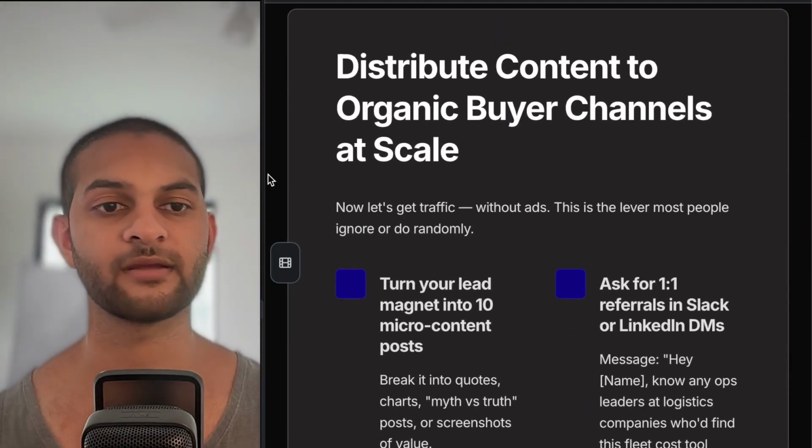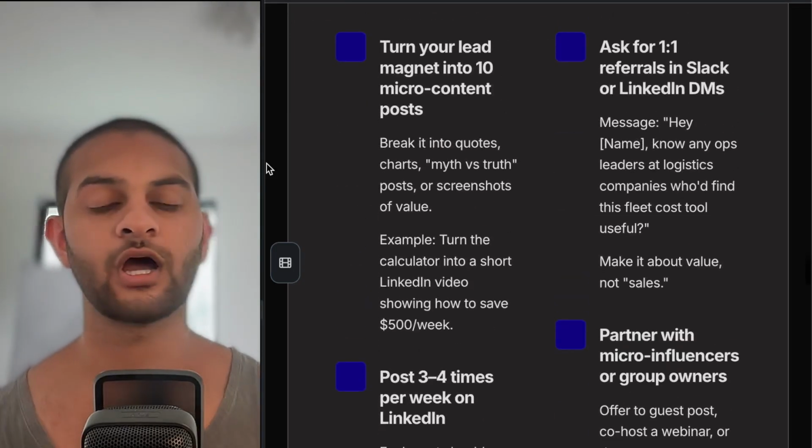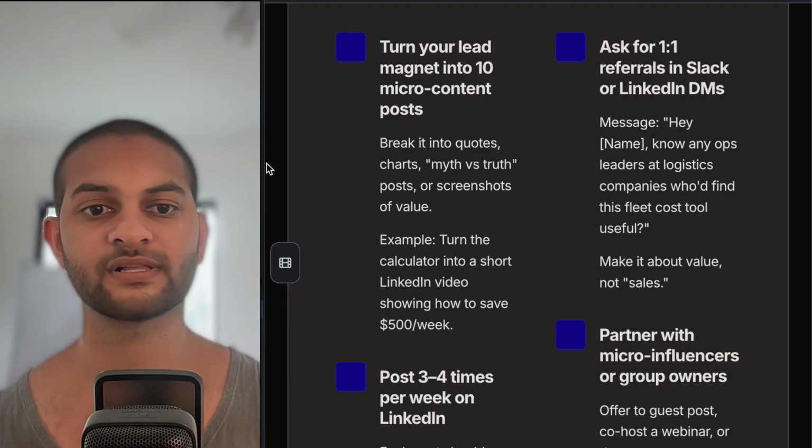Distribute content to organic buyer channels at scale. Now let's get traffic without ads. This is the lever most people ignore or do randomly. Turn your lead magnet into 10 micro content posts. Break it into quotes, charts, myth versus truth posts,